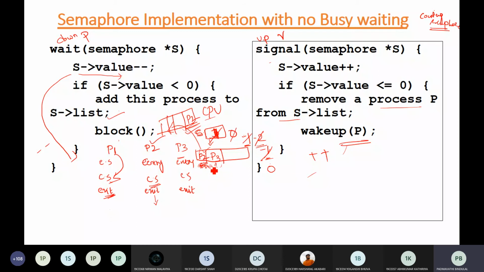2. Okay, so if randomly a question comes like if S is equal to -10, how many processes are there in the suspend state? The answer is simply 10. Similarly, I have asked you if S is equal to 0, how many processes are there in the suspend state? So if it is 0, how many processes will be in the suspend state? 0. Okay, so this kind of question can be there.